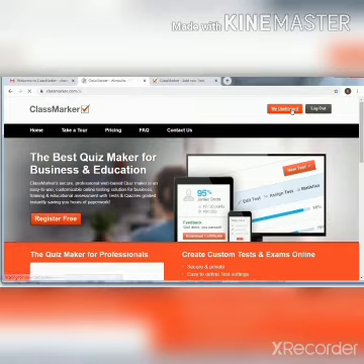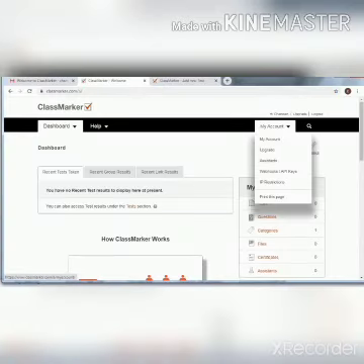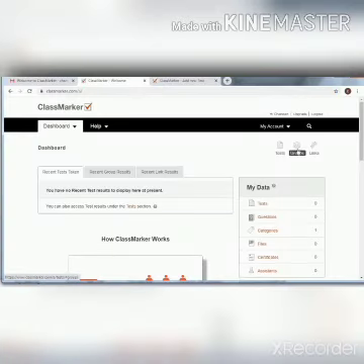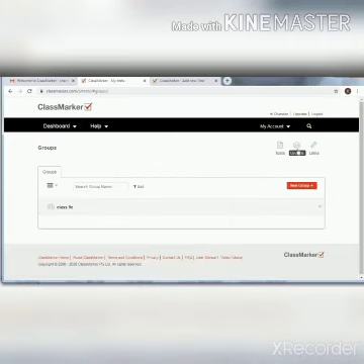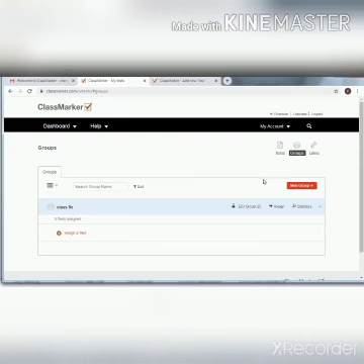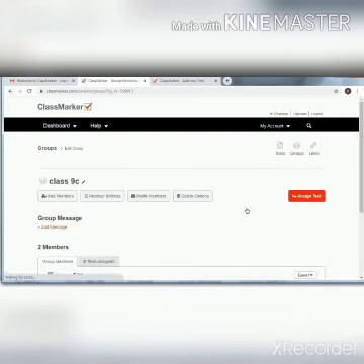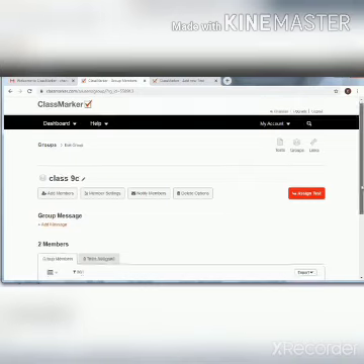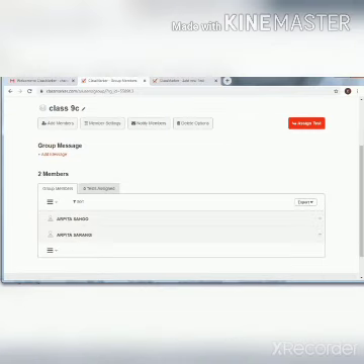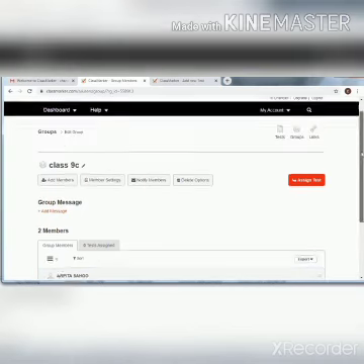Dashboard. In my dashboard, let us see whether the groups are there or not. Okay, 9C group was there. How many members are there? You can find out. Go to the edit group option. You can find there are 2 students in my group: Arpita Sadangi and Arpita Sahu. Okay, so come to the next.